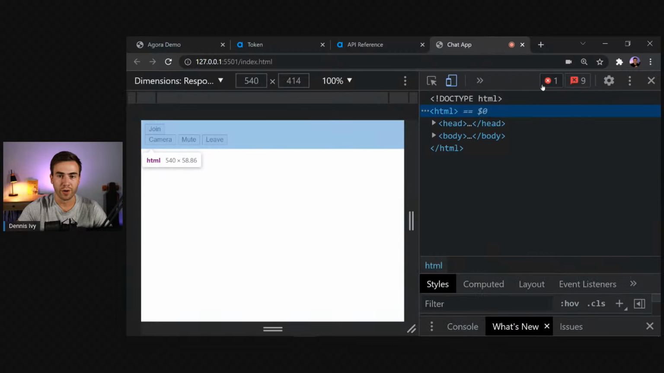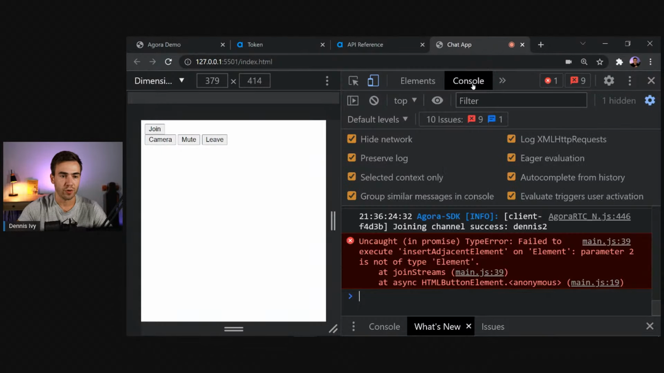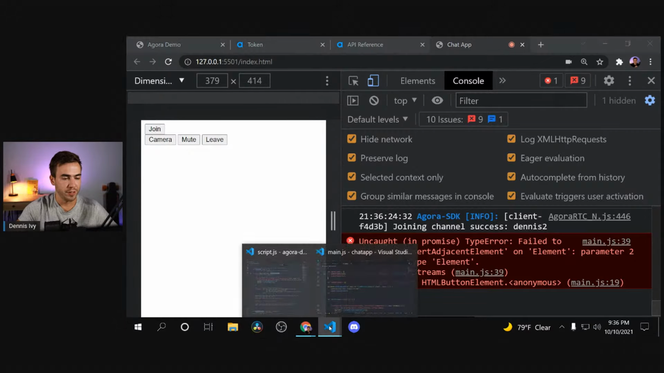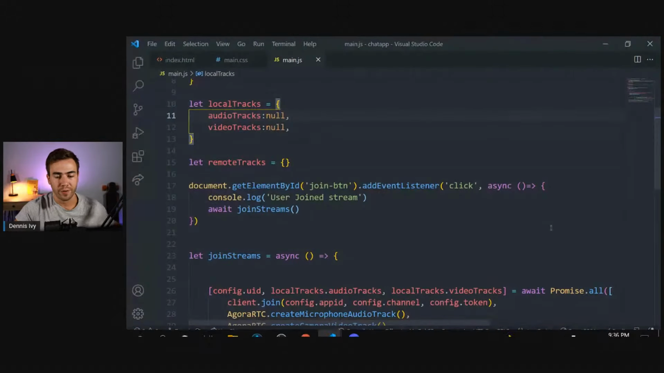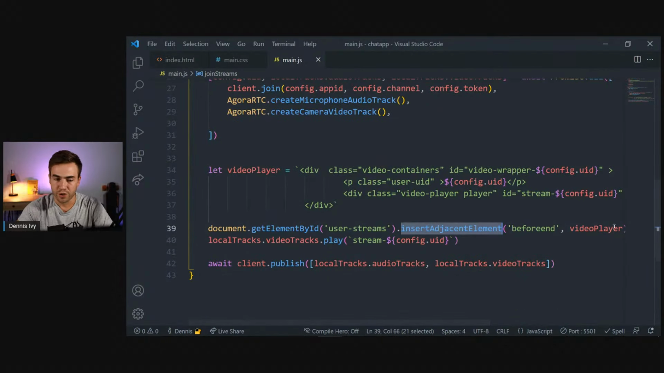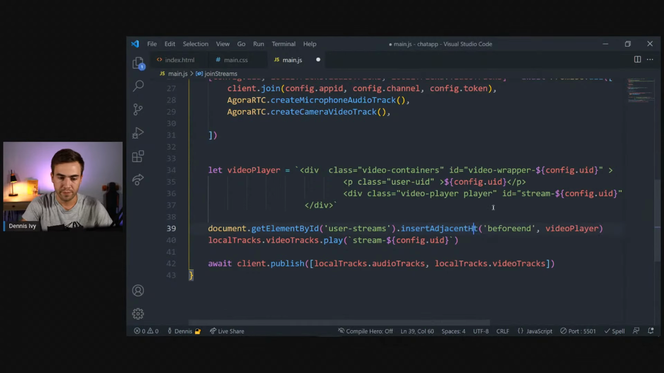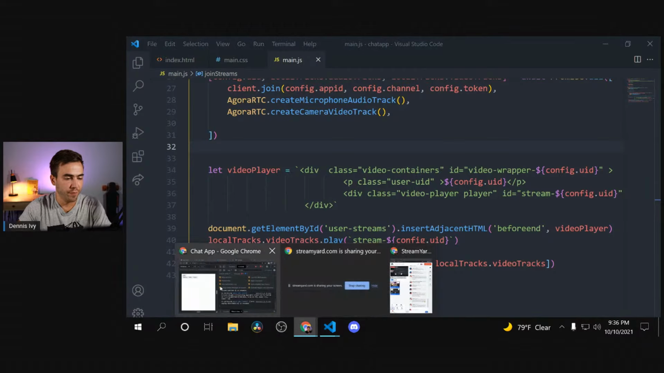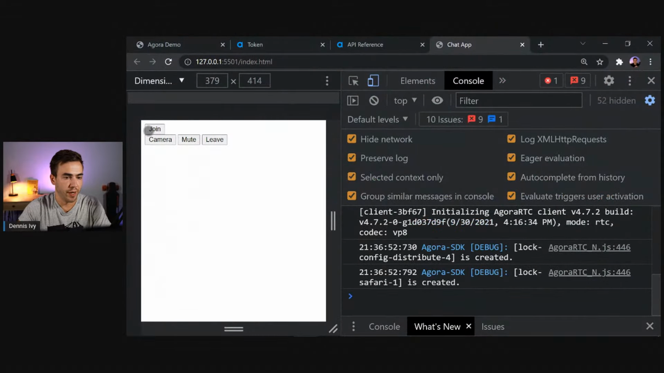Let's see what's going on. Let's go into the console here. So, failed to insert adjacent element. Looks like something went wrong at this point. Let's see, insertAdjacentHTML. Let's do HTML. Okay, so it looks like that was the issue. Let's try this again. So if I hit join,